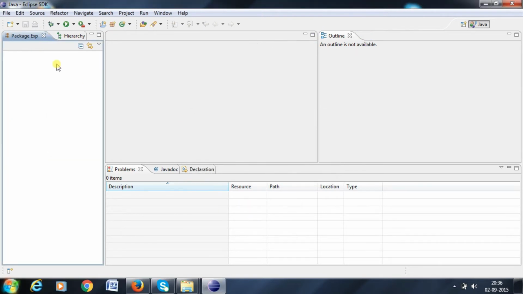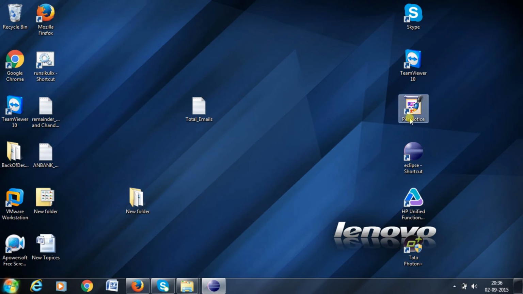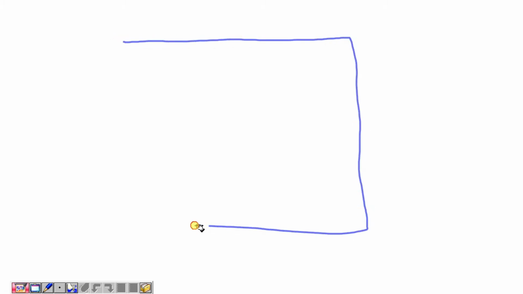Now I will show how to create the project and the package. For example, what we are planning to create in Eclipse: first I need to create a workspace.